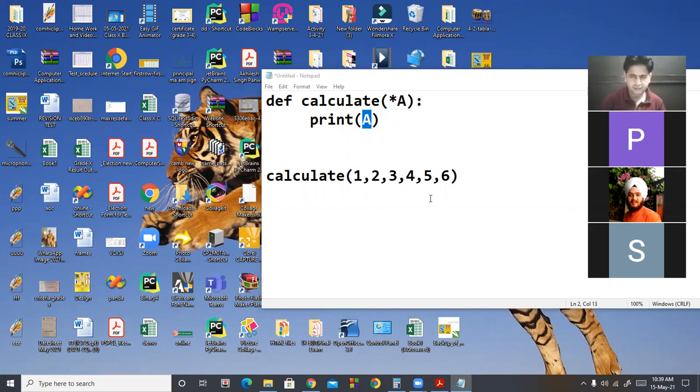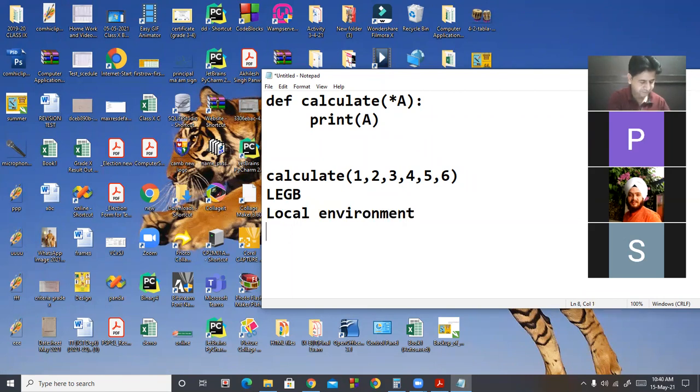Okay, students, one topic which I started and is still incomplete, that is LEGB. When in Python there are different types of parameters, arguments, preference is given according to one rule that is called LEGB. L stands for local environment.